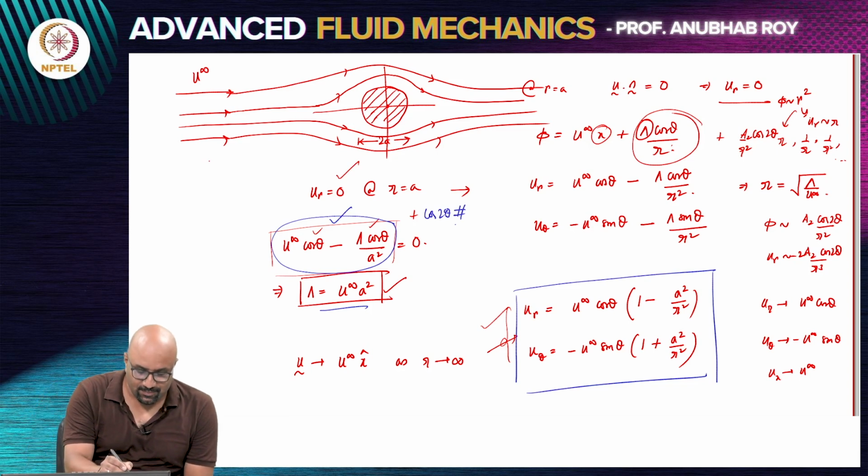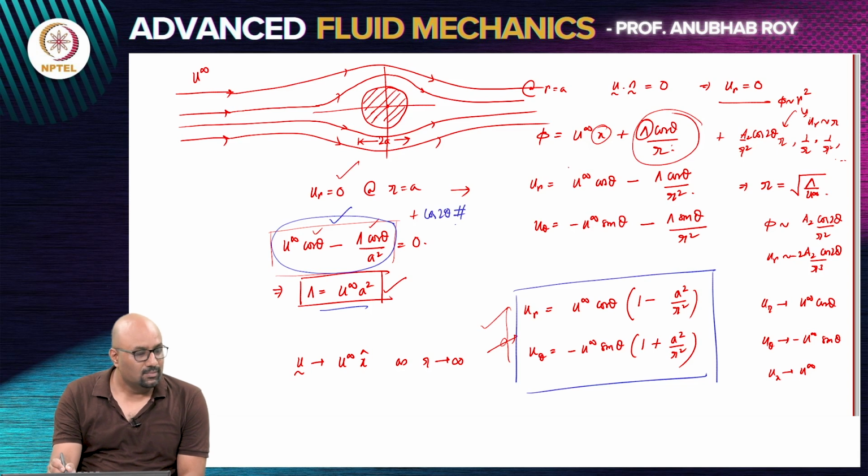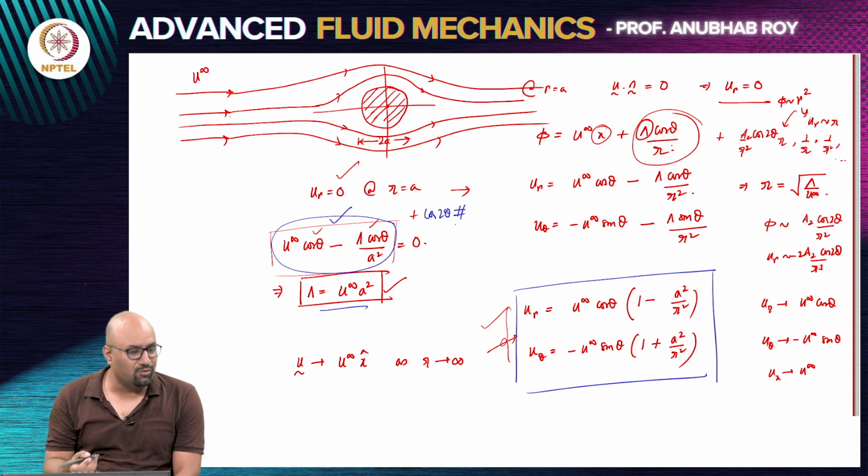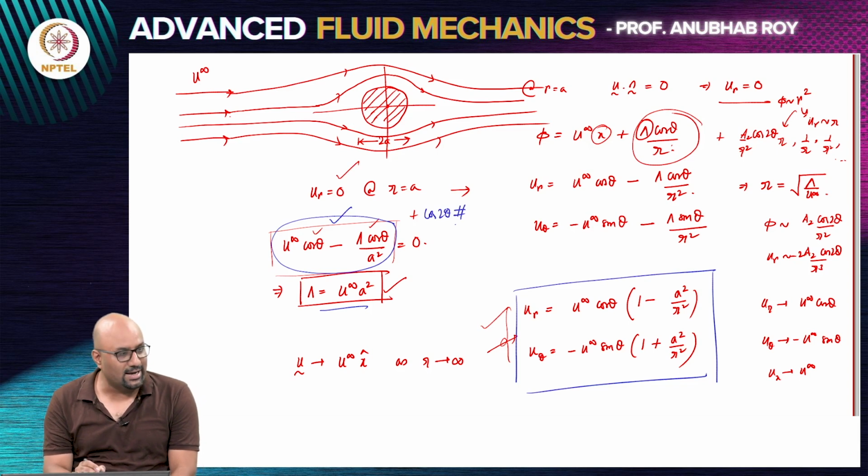In this case, there is a velocity going from left to right with u infinity. If you go to a reference frame which is now moving along with the uniform flow, then there is no uniform flow, it is a stationary background and the cylinder is now moving. So when the cylinder moves, the velocity field that you are going to get due to this moving cylinder